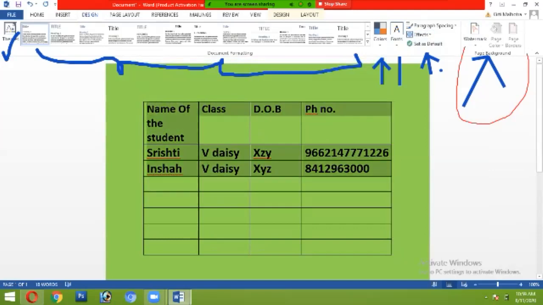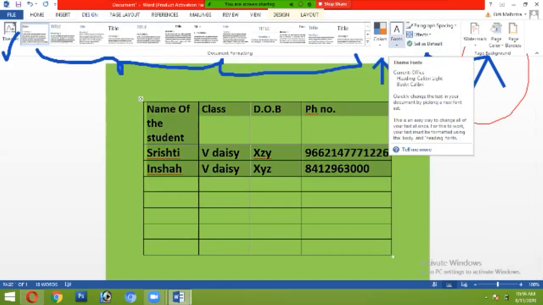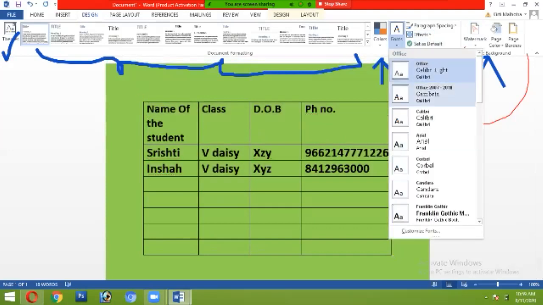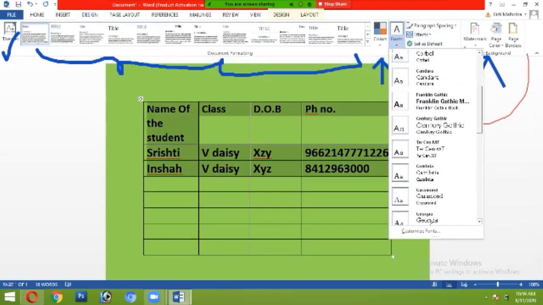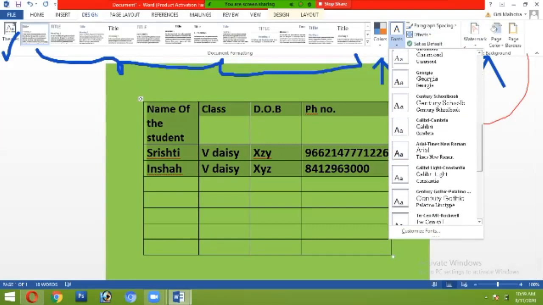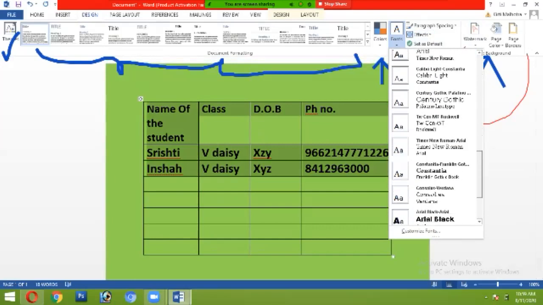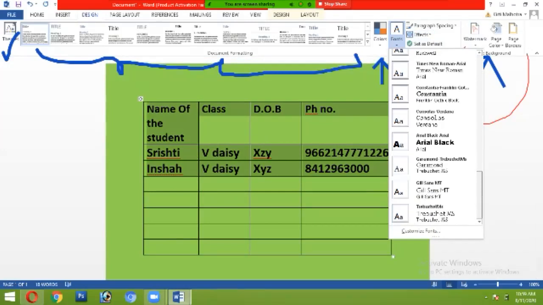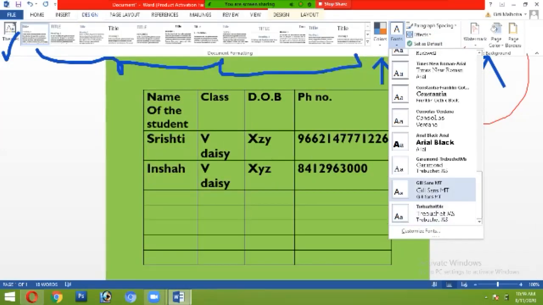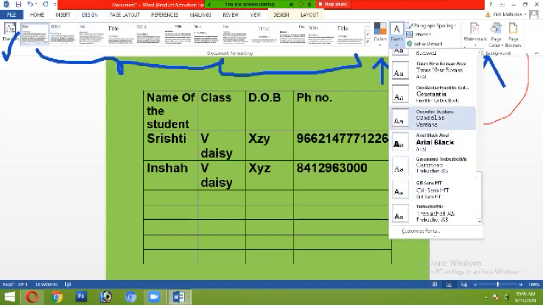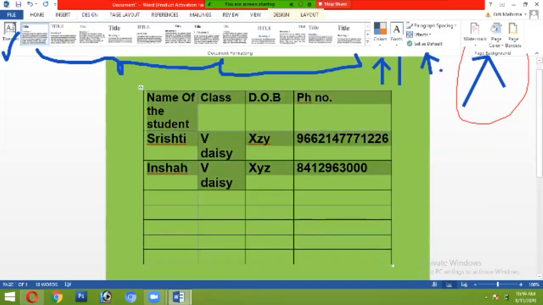मेरे को अपना फॉन्ट चेंज करना है, जो मैंने लिखा है उसका फॉन्ट चेंज करना है, मेरे को उसकी राइटिंग चेंज करनी है. How I will be doing, I will click on fonts drop down box and then I can select any font. Suppose I am selecting, let's take Arial Black, or let's take the Times New Roman. This font I have taken. Now my font is coming of Times New Roman.